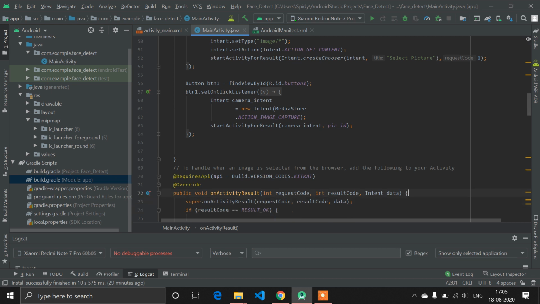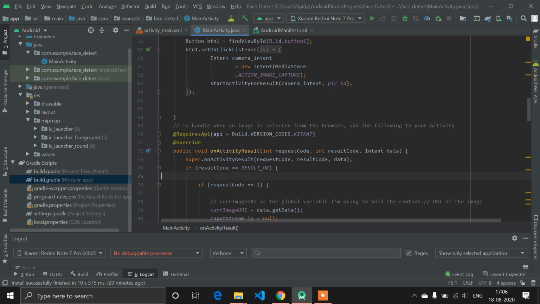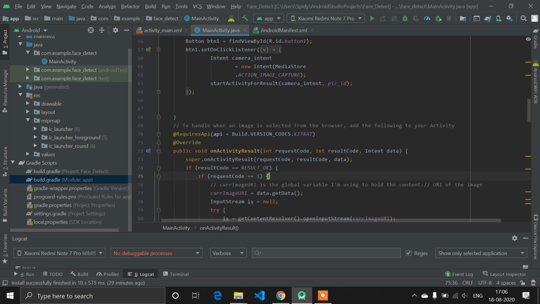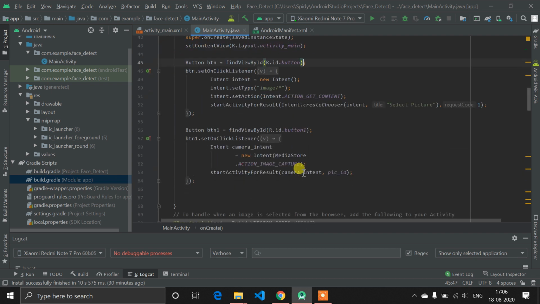Now there is one function, sorry, there is one we are doing automatically: public void onActivityResult. This is just a request for the intent, meaning after the intent you need to do this task. Okay, so if resultCode is equal to RESULT_OK, what does RESULT_OK mean? When I click on the gallery button and I choose some image from the gallery, it gives a kind of flag, meaning if I choose the image from the gallery, the flag is equal to 1. If I just open the gallery but don't want to choose an image and press back, it will do nothing.